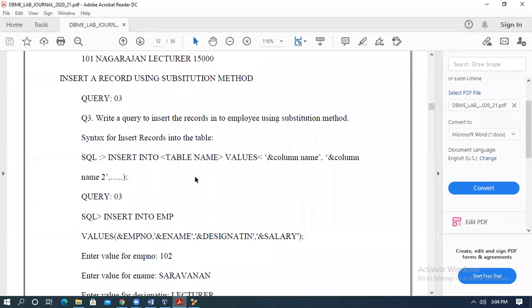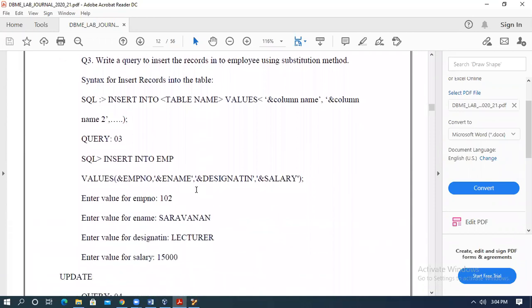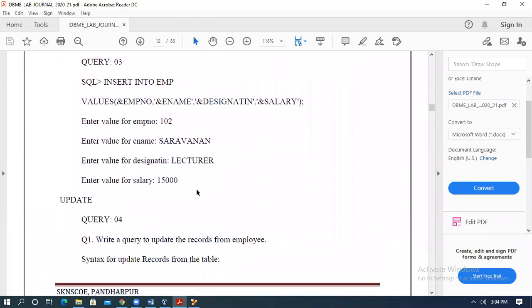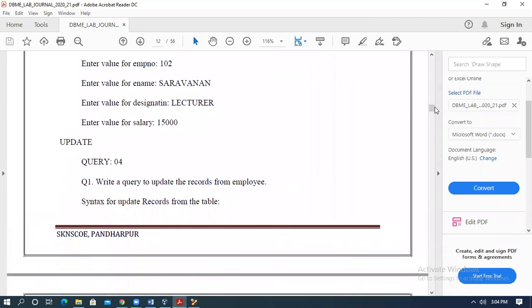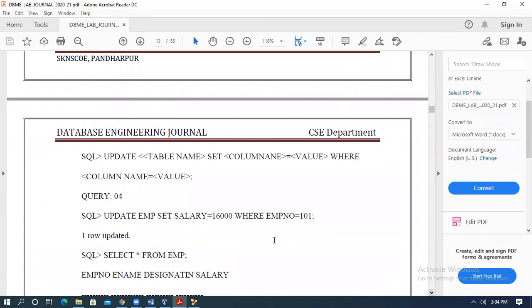Now we'll see the update. I want to update one record. Syntax is update table name, set column name equal to value, where, it means condition, column name equal to value.